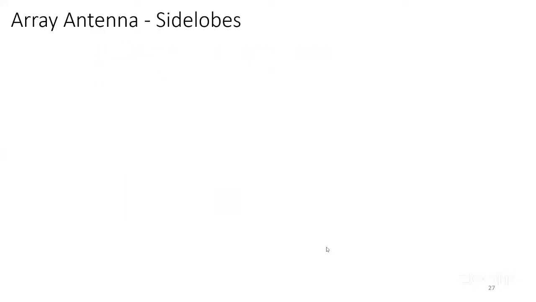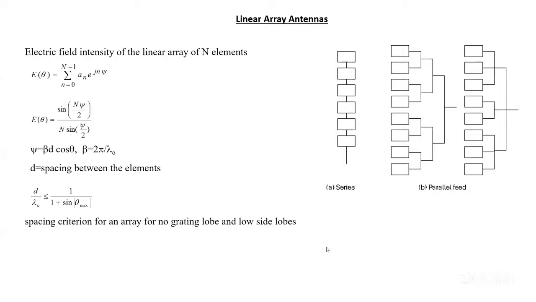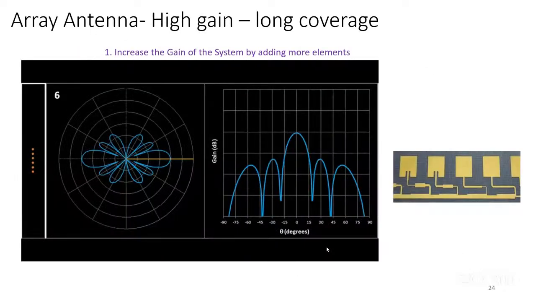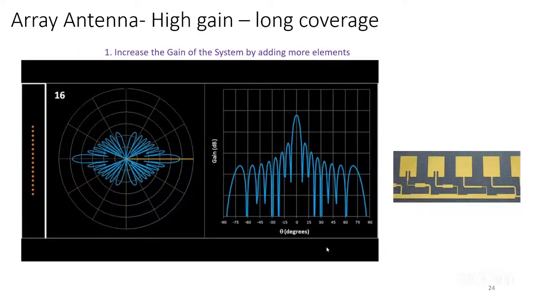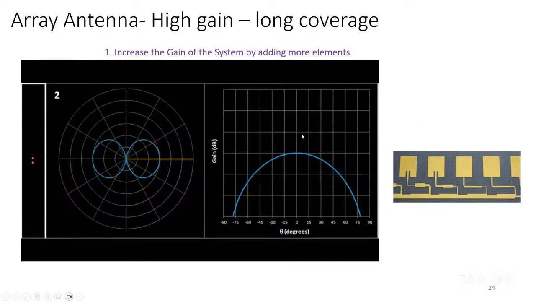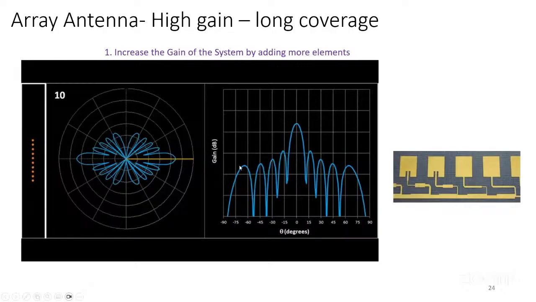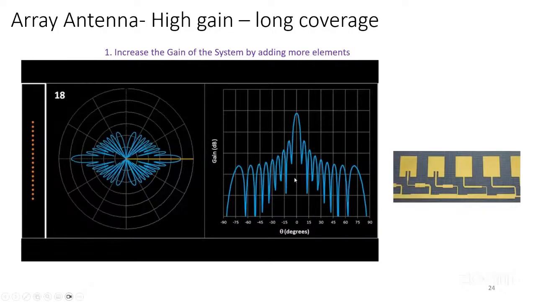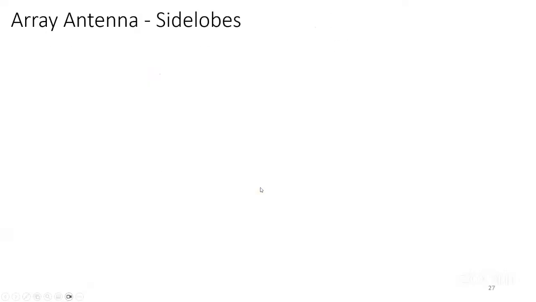Okay, next comes, so I told you there is a linear array. This is a linear array, and it is giving some radiation pattern. Suppose the side ones we call side lobes. If we don't want this much energy to be wasted in the side lobes, there are different amplitude tapering techniques.